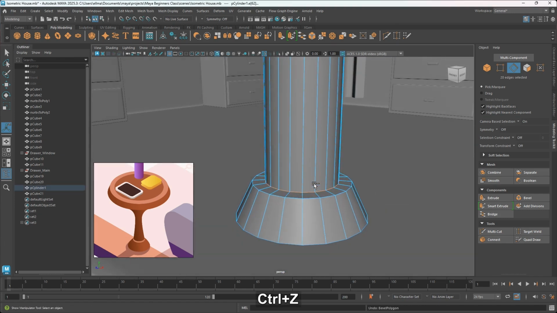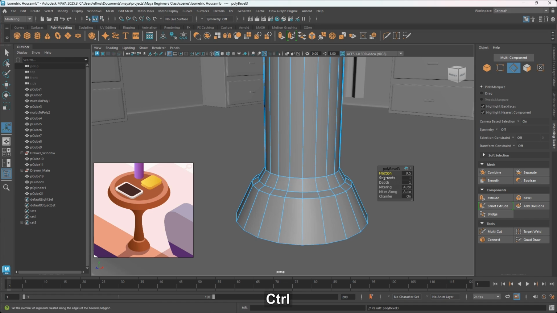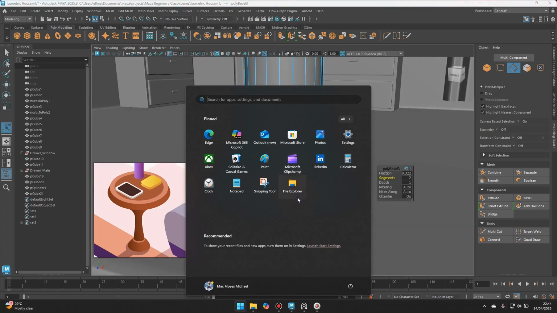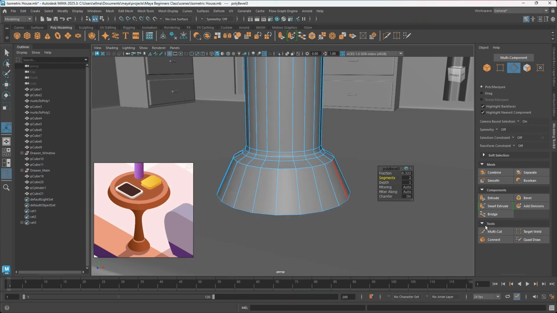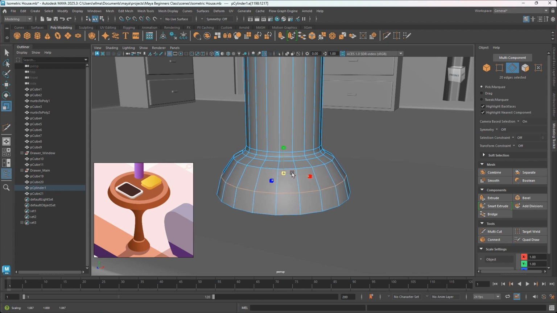The line one though, I'm going to hit Control Z to undo that, hit W, and I'm going to take this up a bit just to add a lot of interest there so that it won't just be flat. So I'm going to hit Control B now, and let me decrease the fraction, and I'm going to add one segment there, and yeah, that is fine. Now I'm going to select the multi-cut to come down to this part, add an edge loop there, hit W, double click, hit R, and I'm going to scale this out just like this,